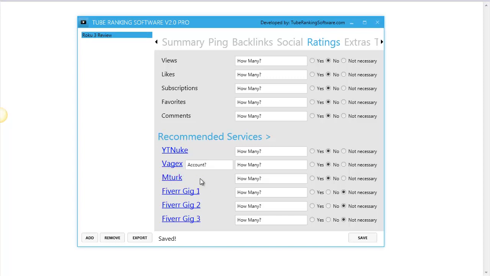mtark as well is a service from Amazon. It's up to you if you want to use them. For us, the best options, what we always use, are Bajex or YT Nuke. So let me show you how easy it is. You just go to, for example, this site,